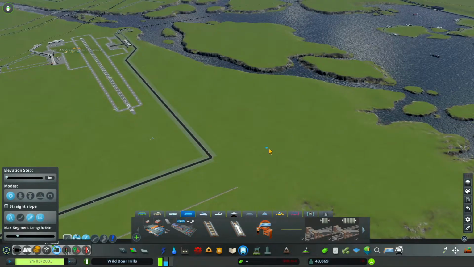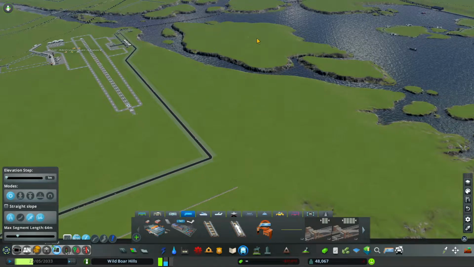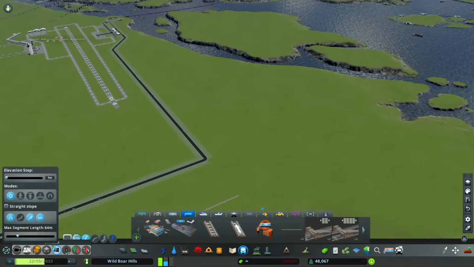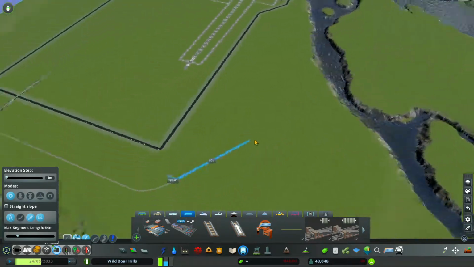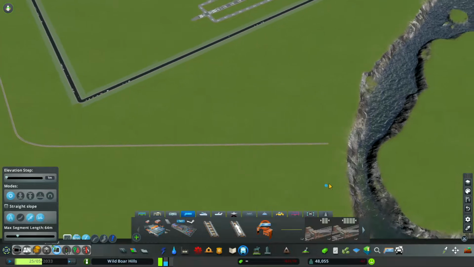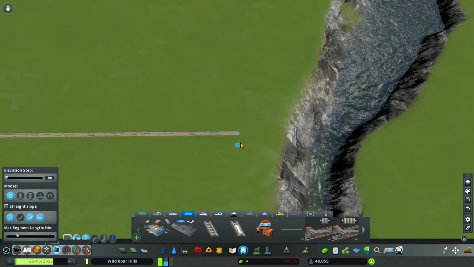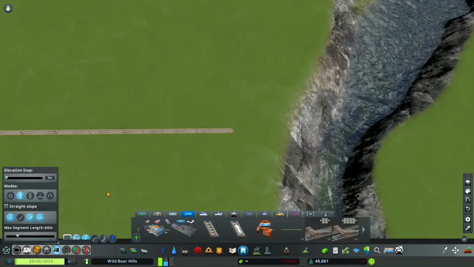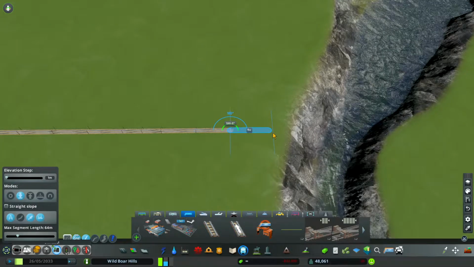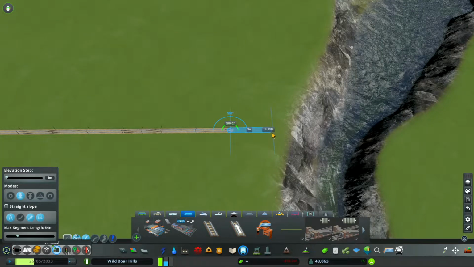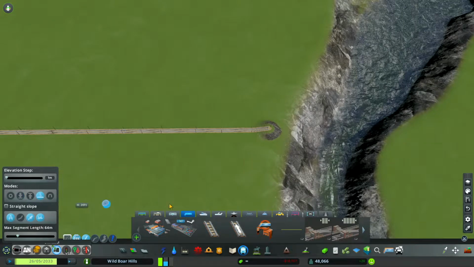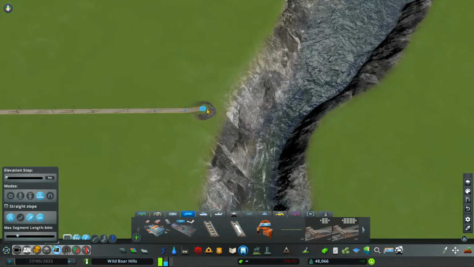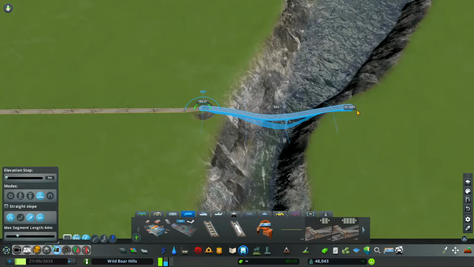I'm going to put in my custom platform stations in the center of this town here and about there. And I'll leave a little bit of room so I can raise this up just a bit. Force ground. Raise it up to about 20 feet. Now I'll force bridge when I come across,